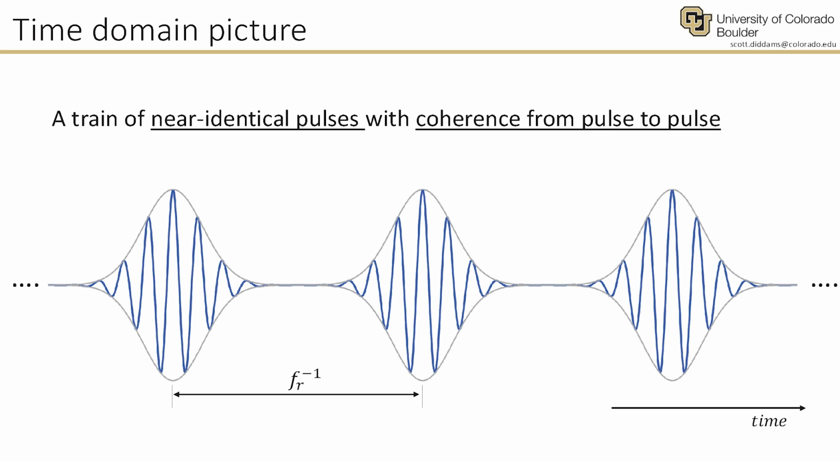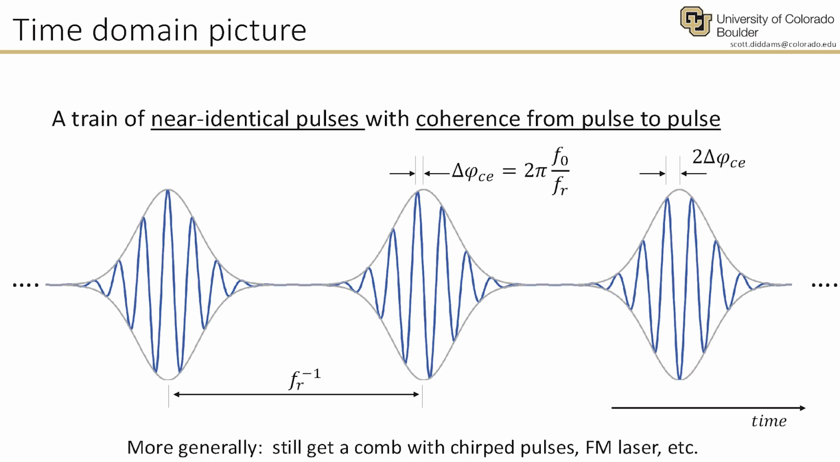I drew it here as near identical. The very important thing I pointed out before was this coherence. As I'll show you in a subsequent slide, the carrier, these oscillations, they're continuous from one pulse to the next. Okay, that's the coherent piece. The pulses don't have to be identical, and in fact, they aren't generally. And in fact, this is a simplification. It's only a handful of lasers that make pulses like this. But here in this case, we have the pulse